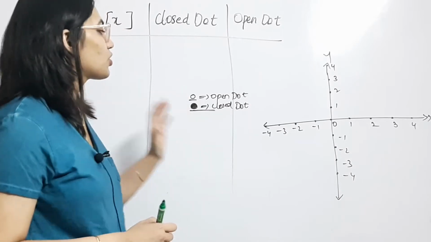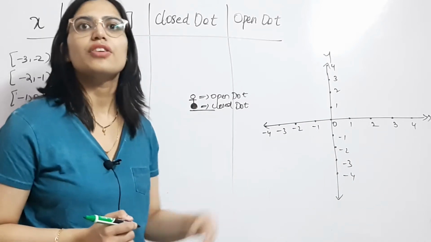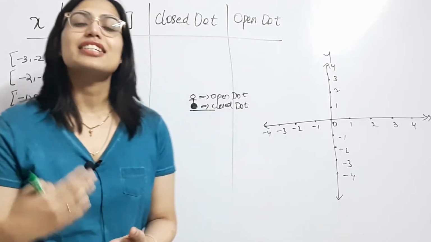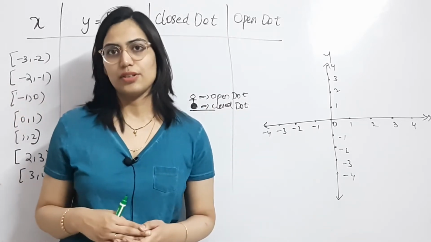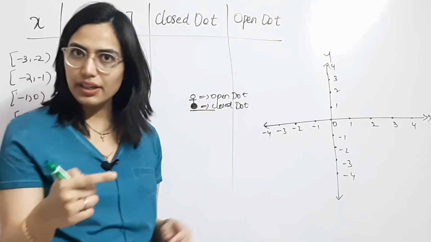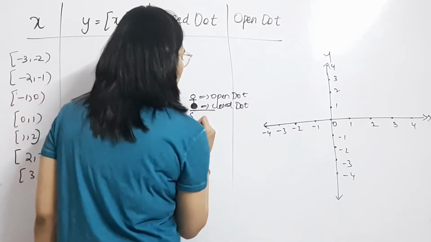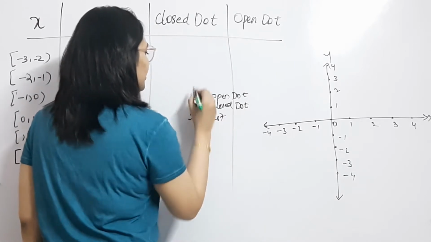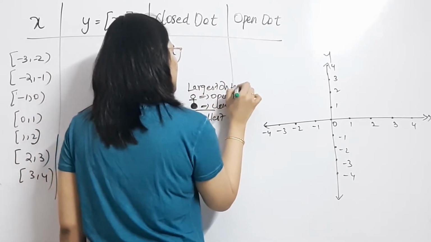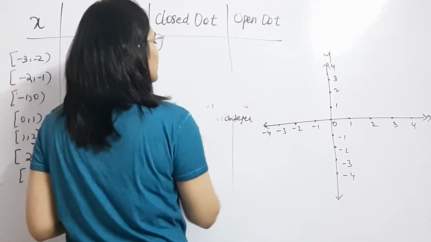Why do we have these two dots? We will draw a line to represent the interval from the closed dot to the open dot where x falls between. But we end up choosing the closed dot because we want the integer that is less than x but the greatest value. So that is the reason why we consider these two dots. The closed dot is the filled circle, and the open dot is the unfilled circle. So the closed dot is the smallest integer and the open dot is the largest integer. Okay, so that is how we represent the greatest integer graphs.